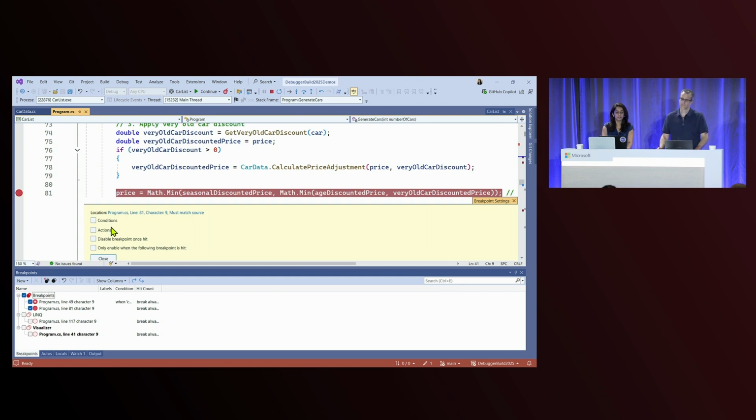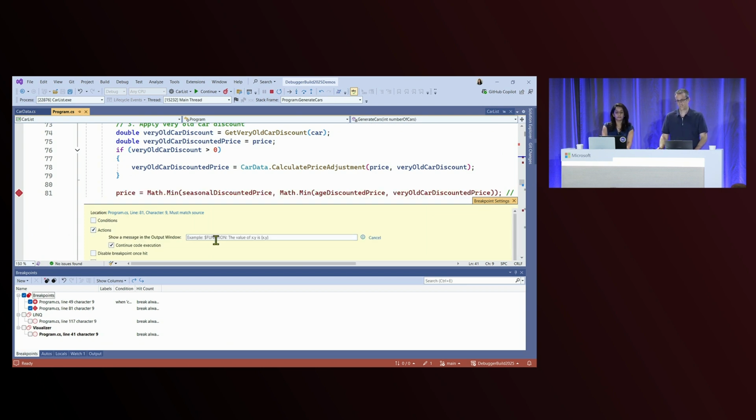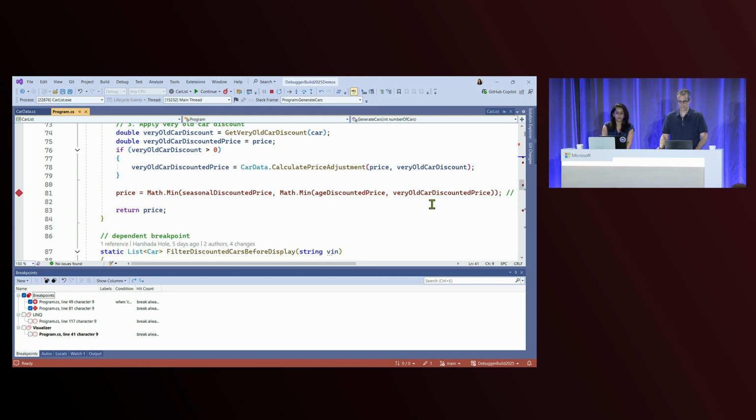Then you can go to actions. Similar to the conditional breakpoint, all you need to do is place your cursor inside the text box, and you will have some suggestions from Copilot. So I'm going to go with the second suggestion because it's giving me all the prices which will get adjusted. And we will rerun our program.